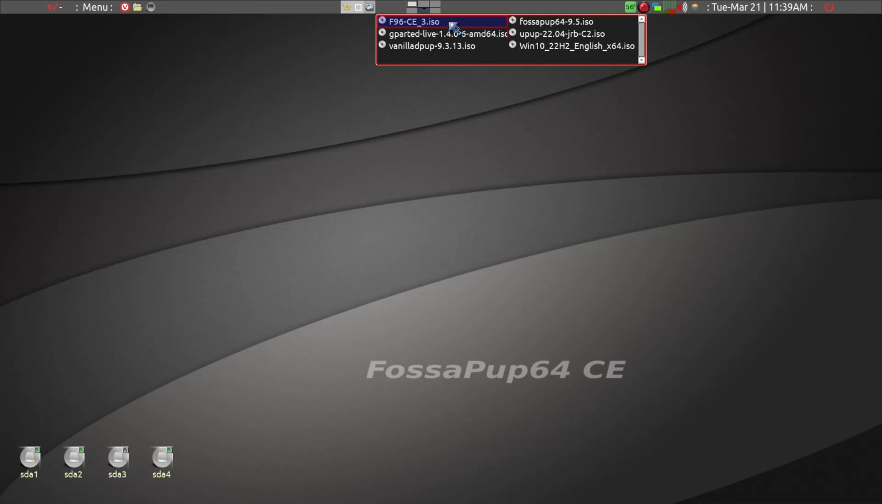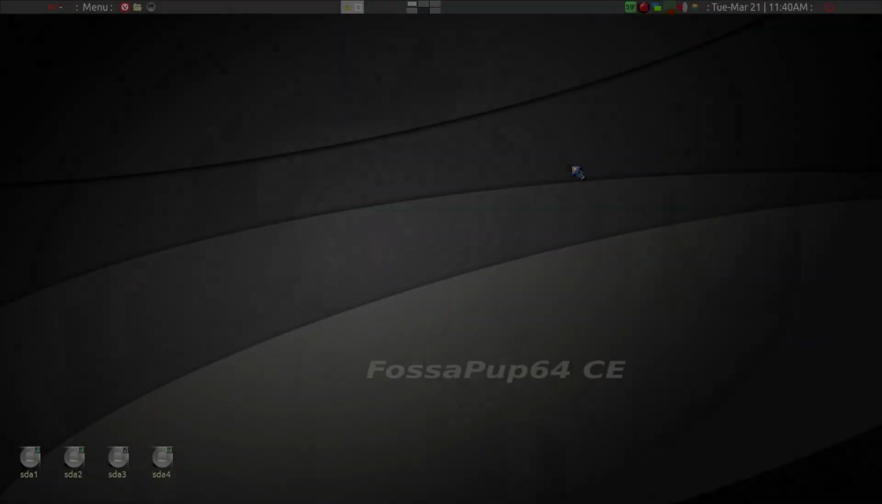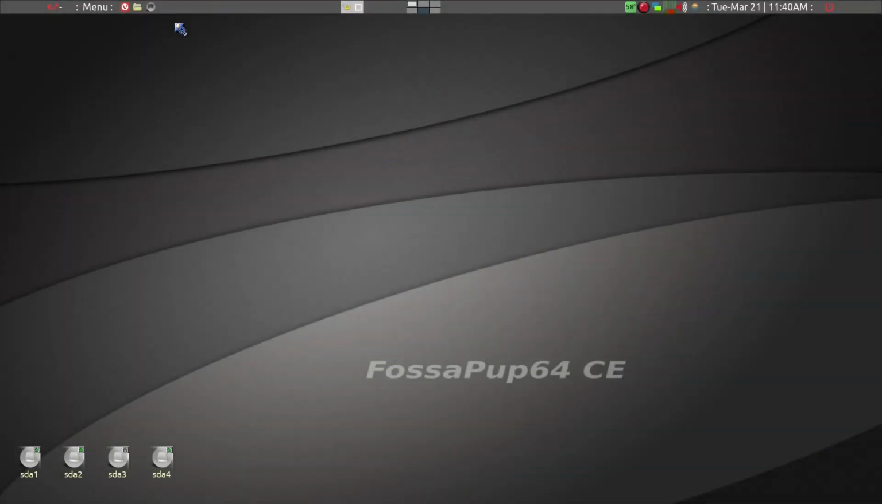Fossapup-64, a Puppy Linux distribution, modified with my key binding and configuration of tray and so on. So this way it looks so different than default install. However, what I want to demonstrate is the problem that I have recently found in Urxvt. Normally,